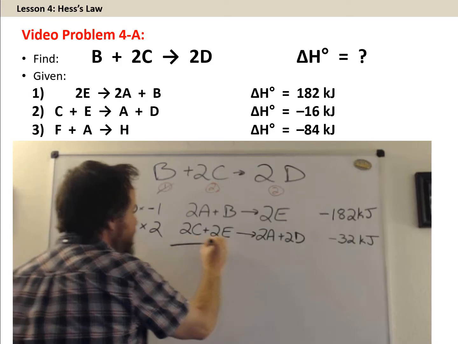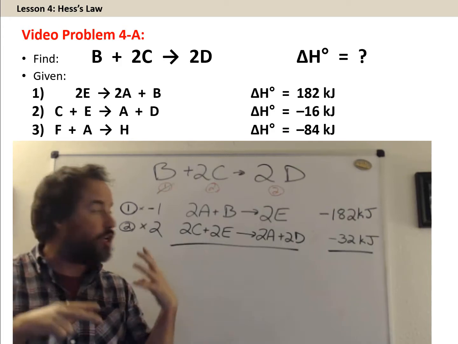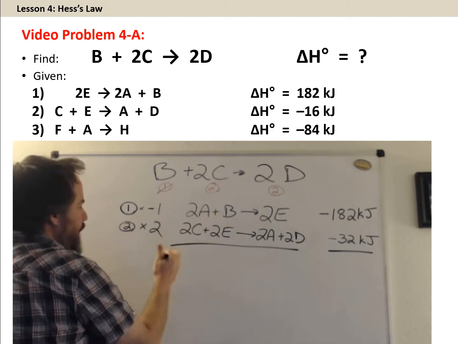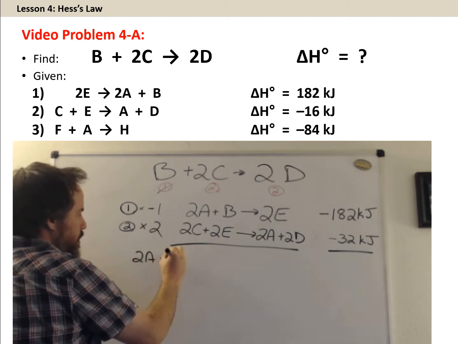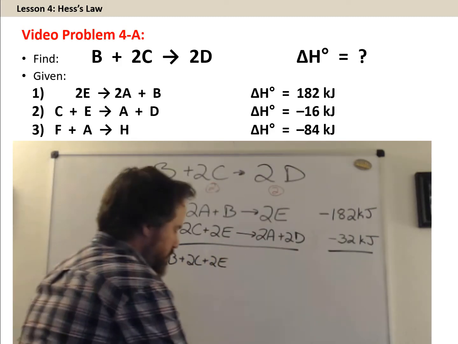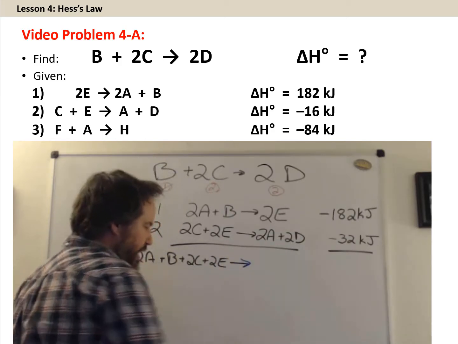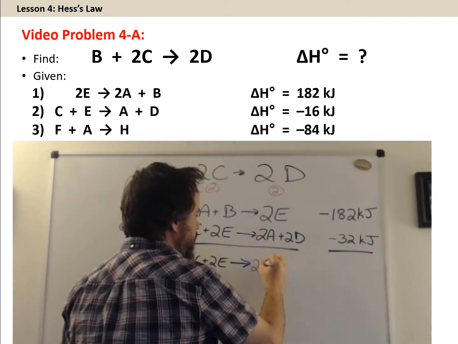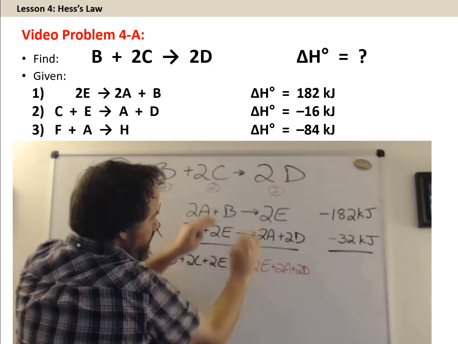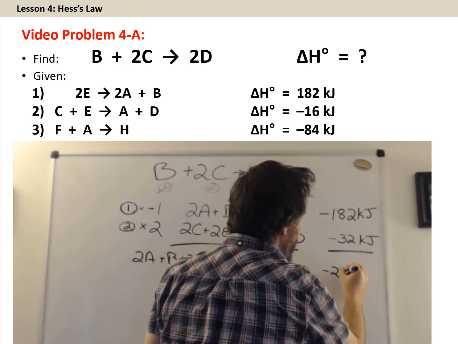So now all I do is add these up. I don't know if I'm done yet, but I'm going to go ahead, add these up, and see what I get. I'm going to write down all the reactants, goes to form, and I'm going to write down all the products in red here, 2E plus 2A plus 2D. Here they're all products, here they're products. And if I add these up, this will get me negative 214